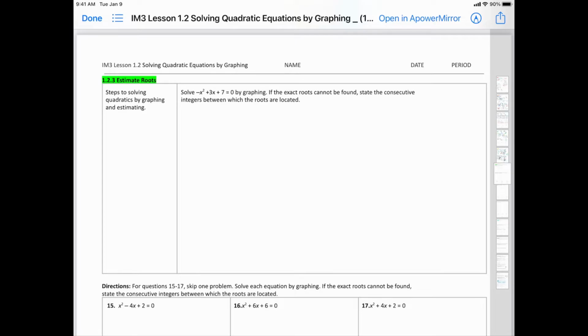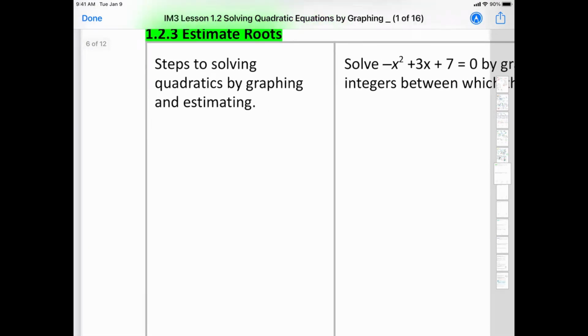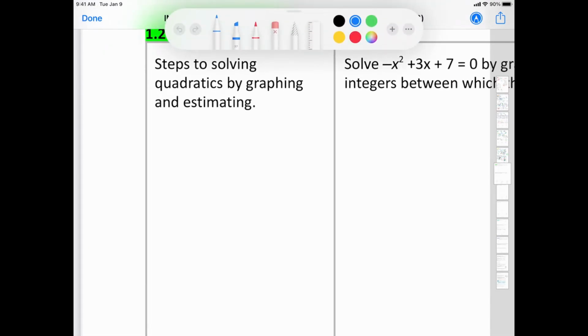All right, let's go over 1.23, estimating roots. What are our steps to solving quadratics by graphing and estimating? The first thing we need to do is solve, kind of like we did, but no step 0. So step number 1, set equal to 0. To solve quadratics, you always have to set them equal to 0. Number 2, we're going to find the